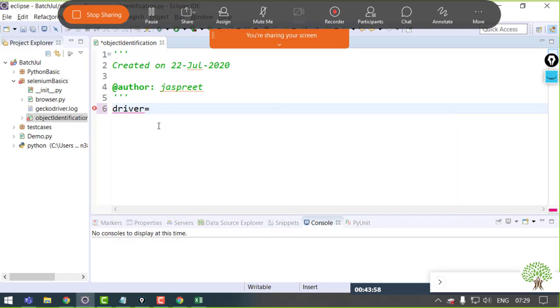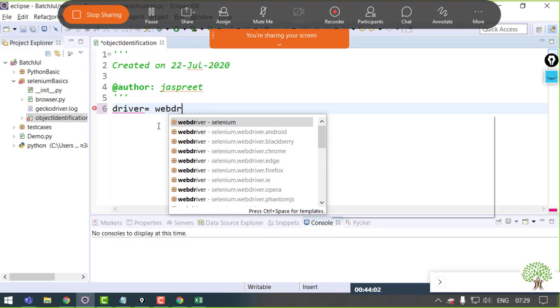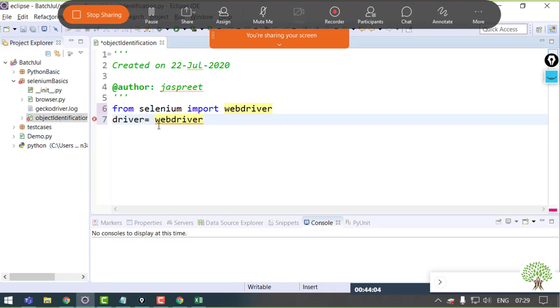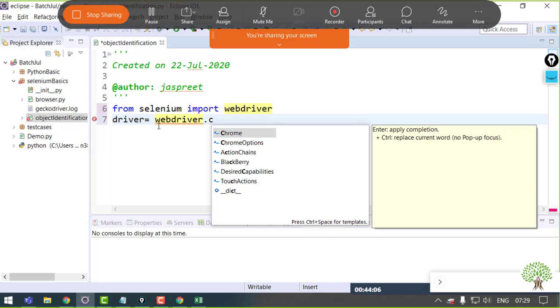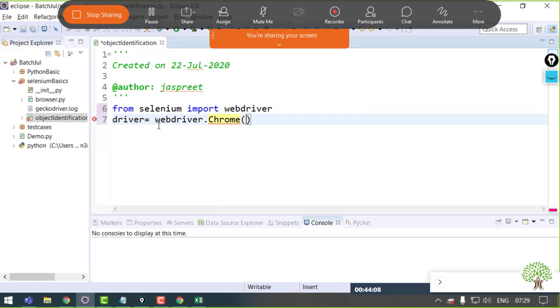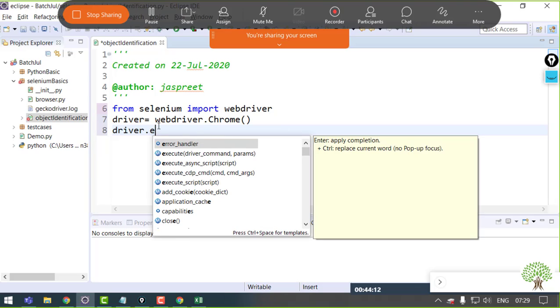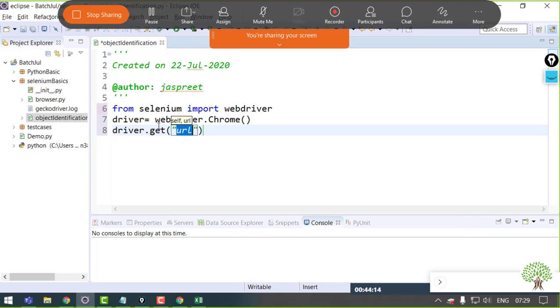You can try it with PyTest, making test classes. So I'll say WebDriver reference dot Chrome, and the Chrome instance will open. Then I need to get to the URL.